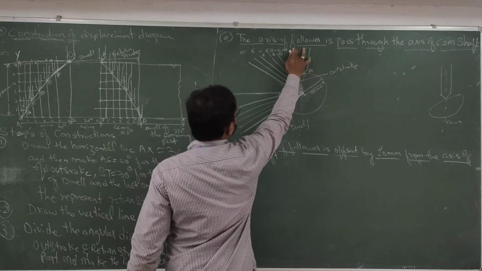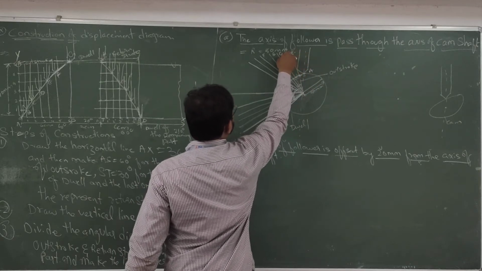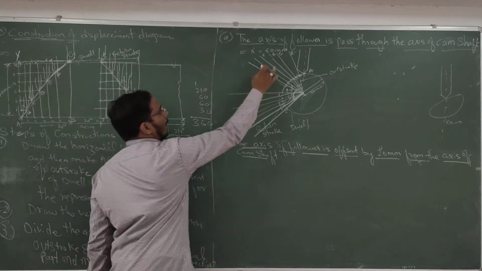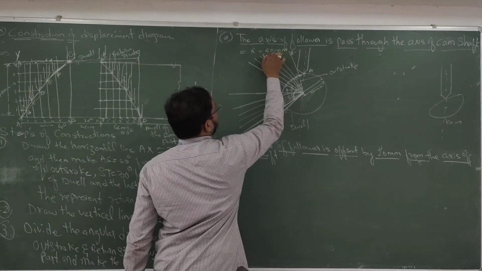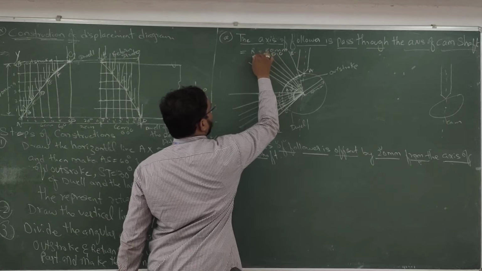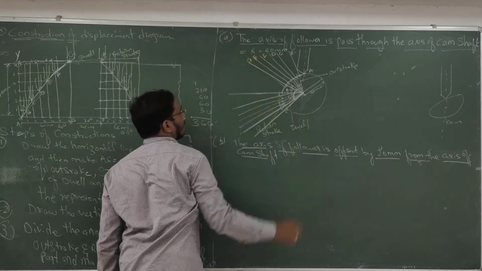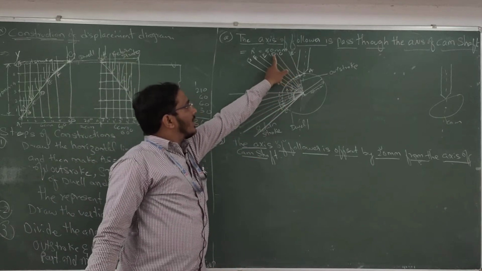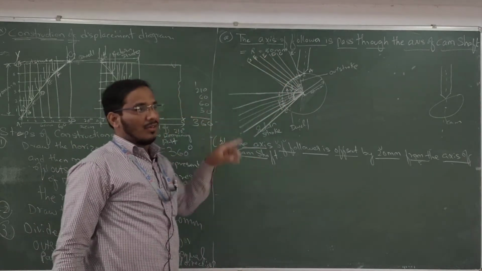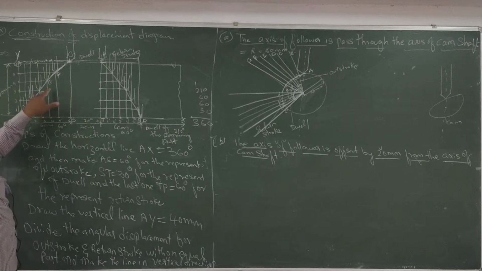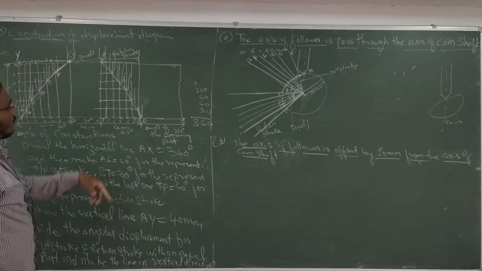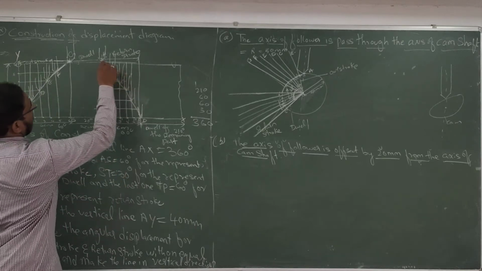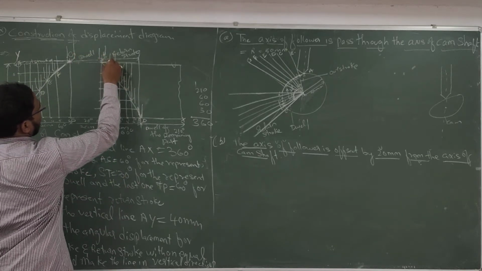This element is your B, C, D, E, F, and this is your G. These are the elements on the outstroke, and then on the return stroke other elements are there. We have to grade the elements G, H.